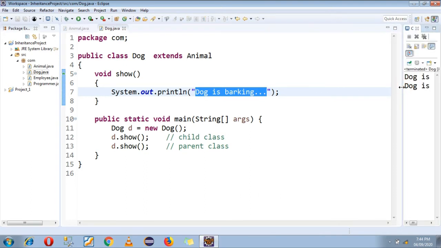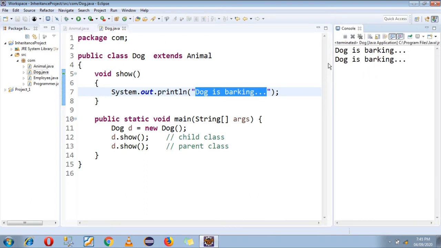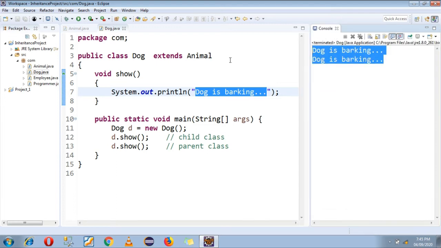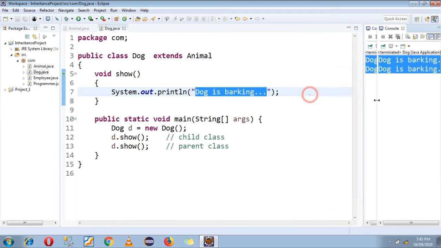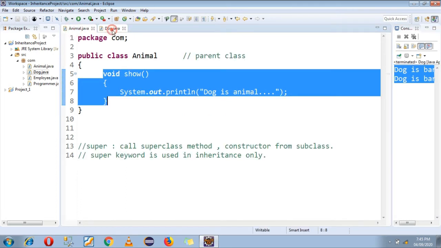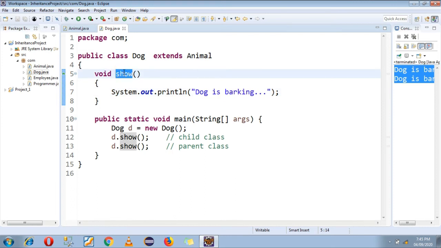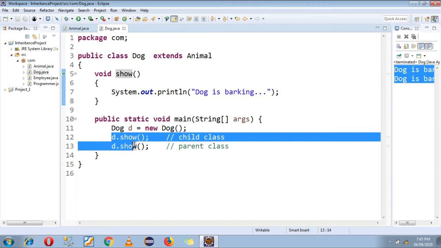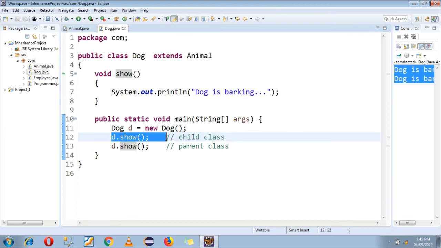The JVM is not going to my parent class, because your parent class has a show function the same as your child class function, so the JVM gets confused here. When you call d.show and again d.show in the main function, the JVM points to your child class, not to your parent class.